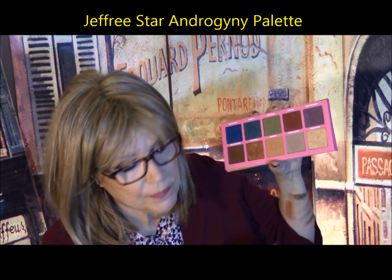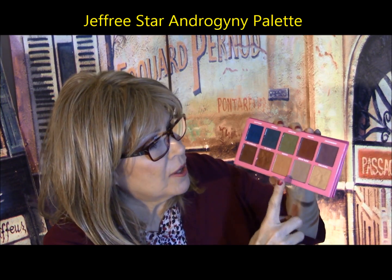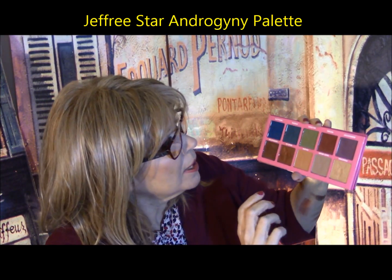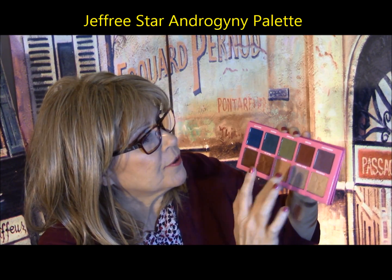Beautylish had sent me an email stating that Jeffree Star's Androgyny palette had come in. I've been using this all month and I really love it. It is not a standalone palette because you don't really have a nice light base color, and this is a little bit too light to be your crease color, but this has got a beautiful assortment of